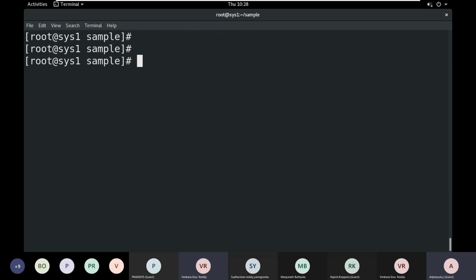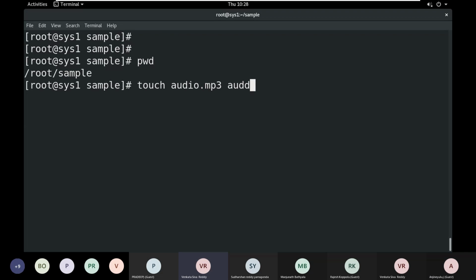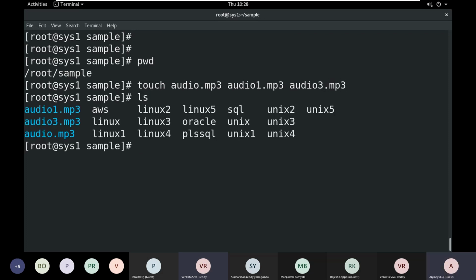Okay, no problem. In this location, I am creating some files with extensions, like touch audio.mp3, audio1.mp3, audio3.mp3. I am creating .mp3 extension files.